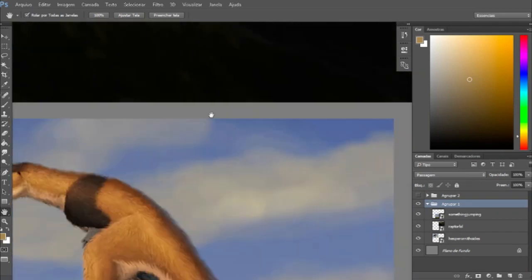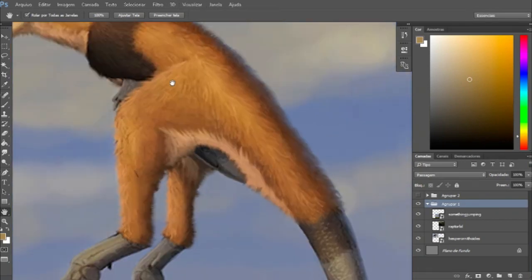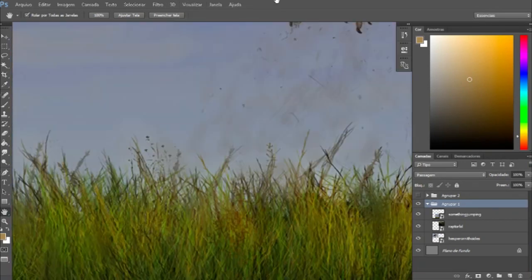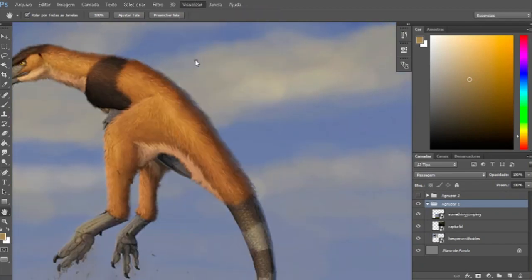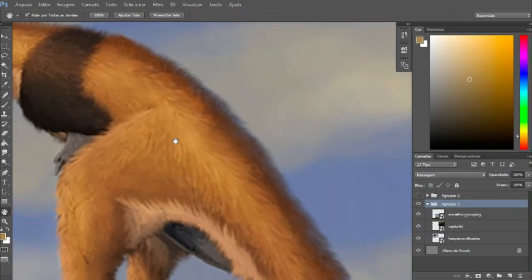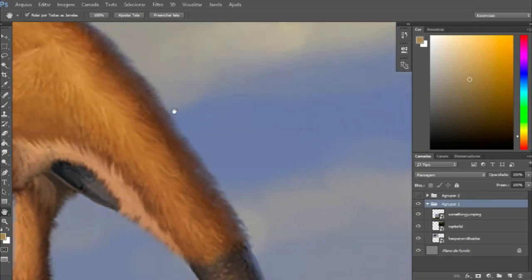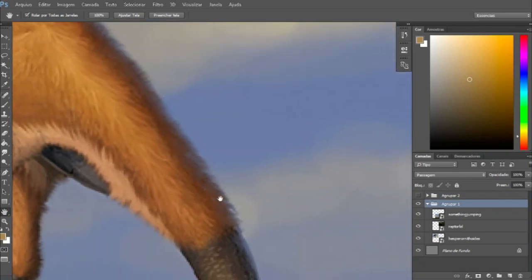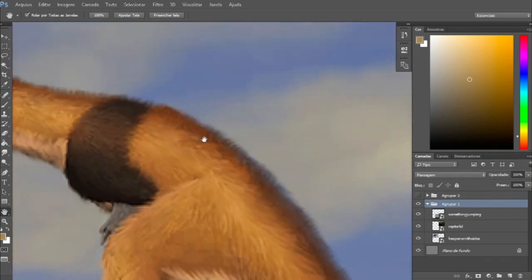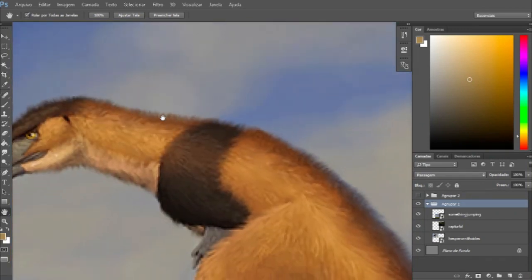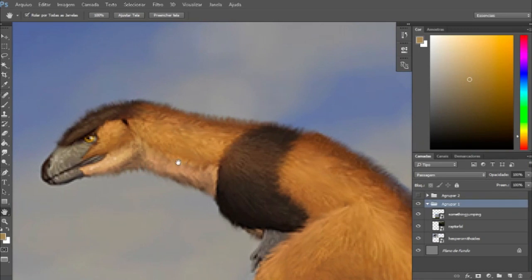Okay, so that's one place where I've used it, and the other was in this painting where he was jumping out of the grass here. As you can see, for the highlights, I've used a normal round brush for the feather filaments, but then I did use this technique to soften the feathers. And then I've also used that technique here on the side. So here in this blue reflected light, I've also used it on the neck and on the head,